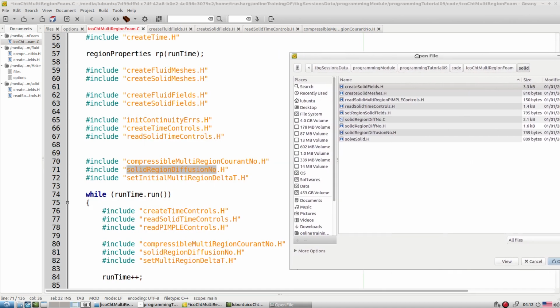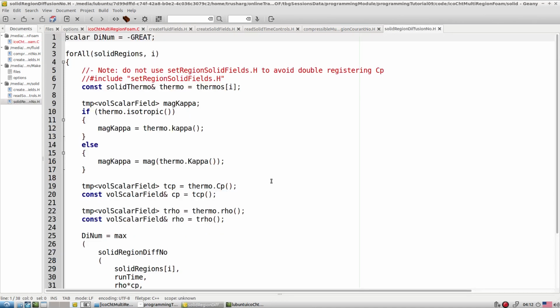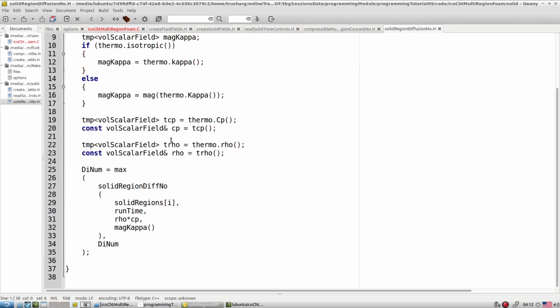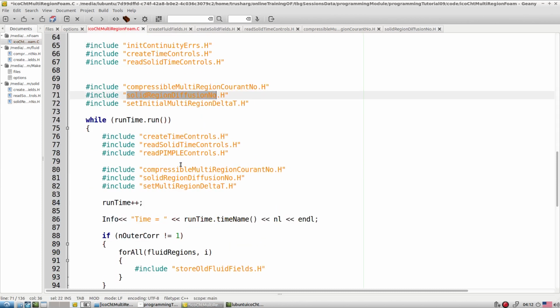So the diffusion number file shows how to calculate the diffusion number for the solid region. We try to calculate it based on rho, Cp and kappa. Kappa is thermal conductivity. So all the information is available in this particular place. Okay,